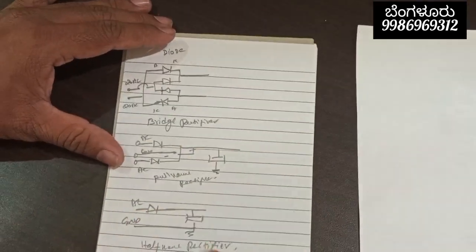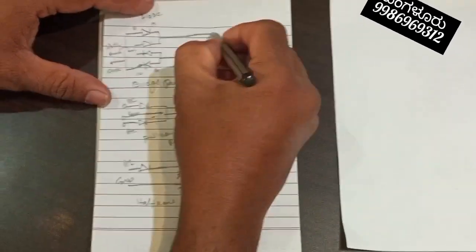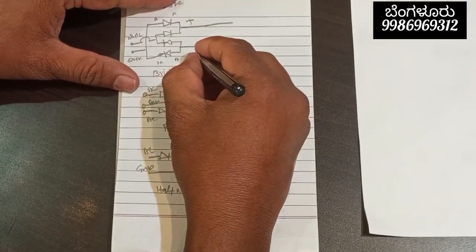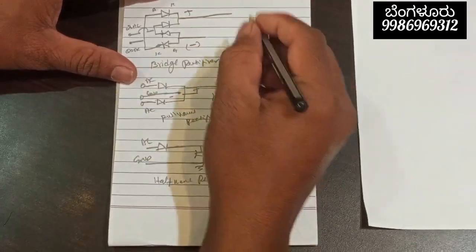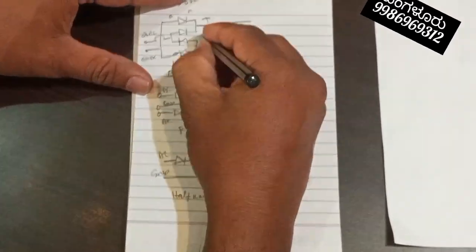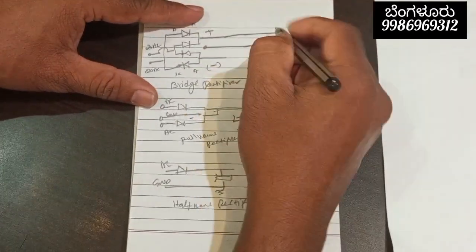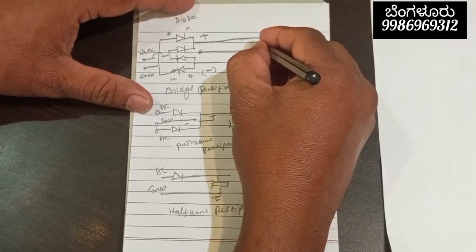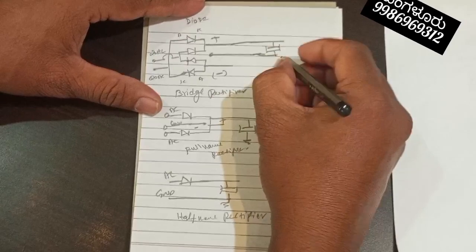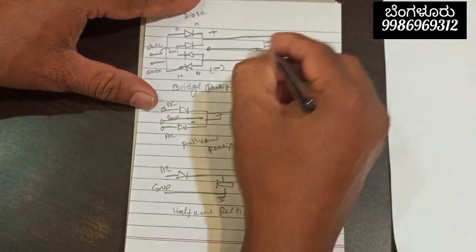So let us go here, and this is your positive, and this is your minus, negative, and this is your ground. So here you will need one capacitor. When you are using positive here, take this capacitor like this, connect it. So for negative,